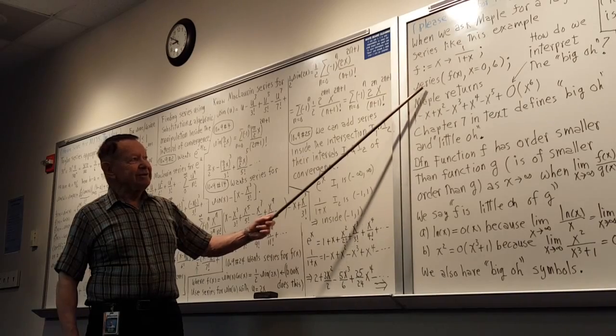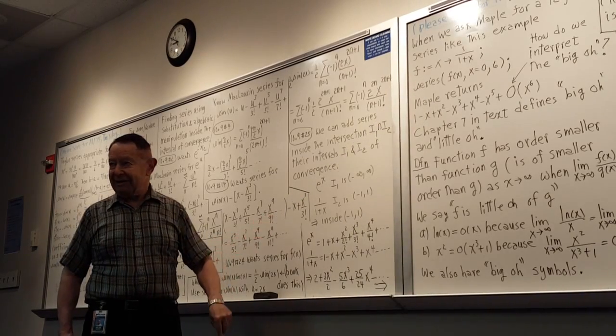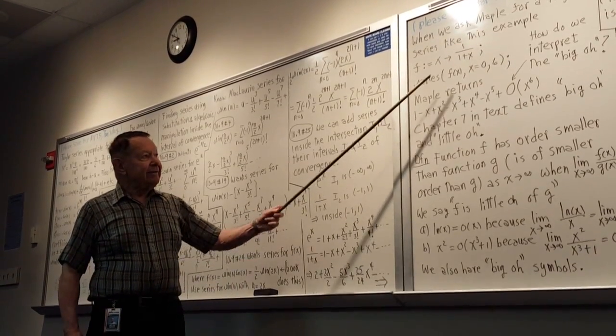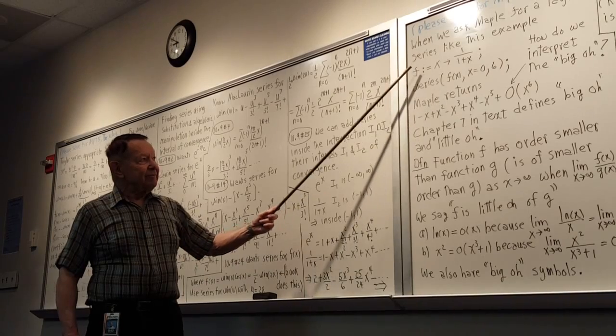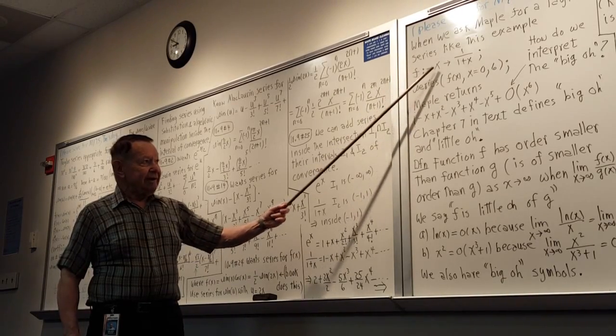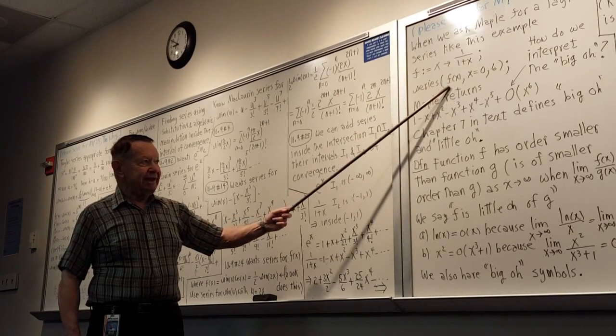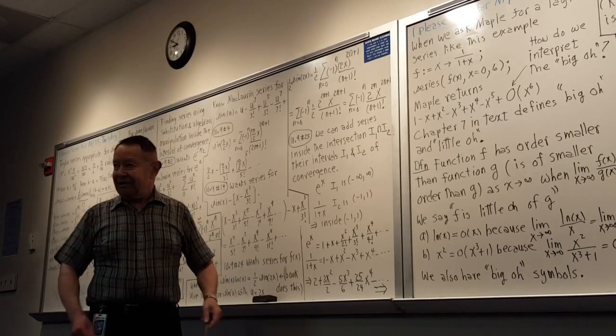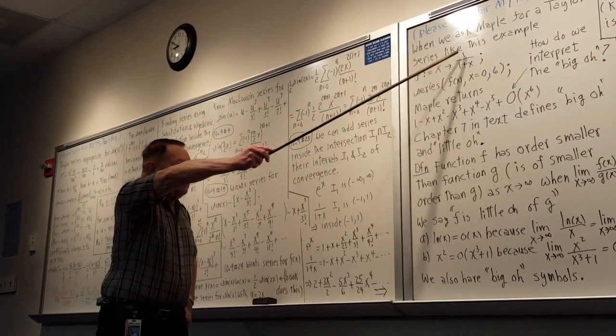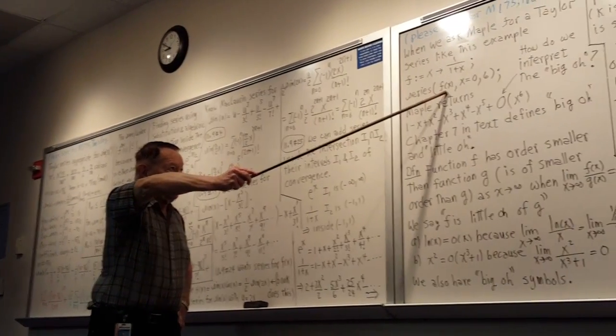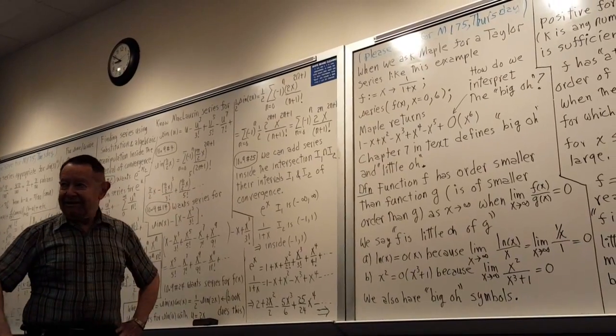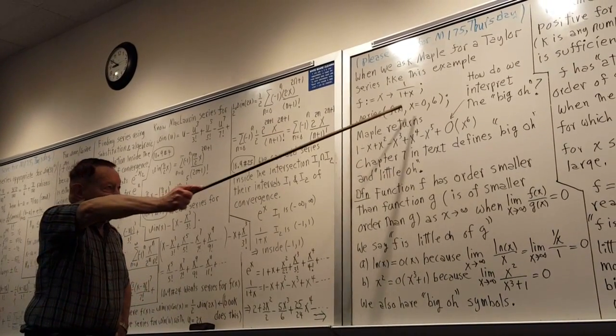Series, you can either type series or you can type Taylor, either way. Then the function, which if you've already defined it, you can say f of x, or if you haven't defined it, you could put the expression here, 1 over 1 plus x, and then comma, and then